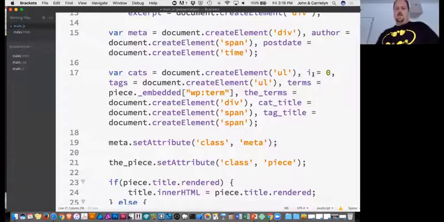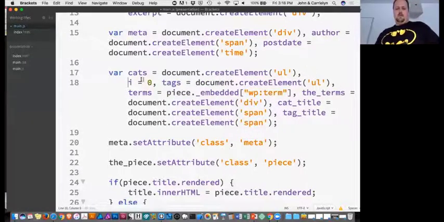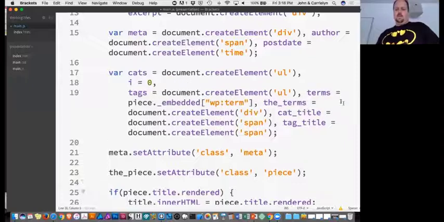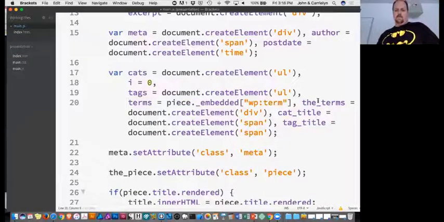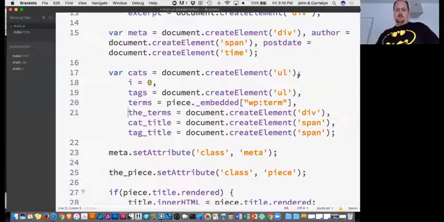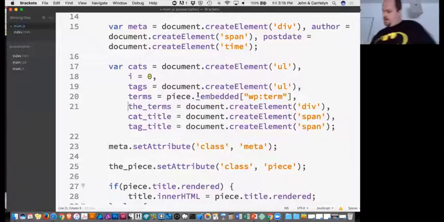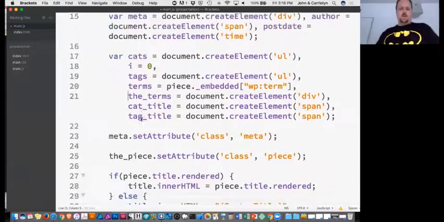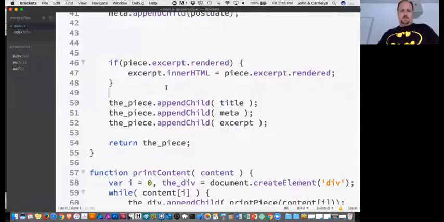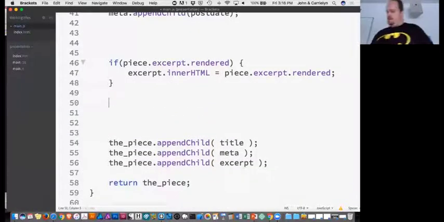I'm just going to format these a little easier so you can see them if you're having troubles. Okay. All right. Next thing we're going to do is go down below the excerpt. Doesn't really matter where we do it, but that's the order I'm going to have things. So I'm going to set a while loop. Excuse me, before I do that, I'm going to do